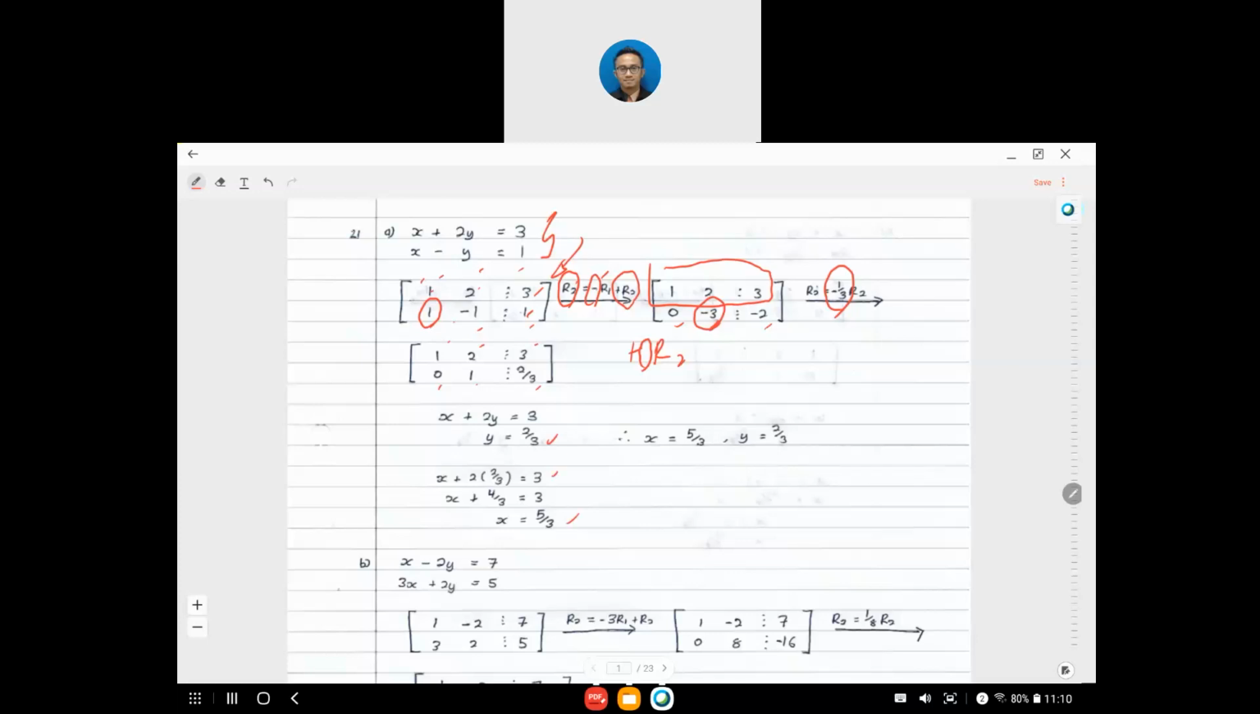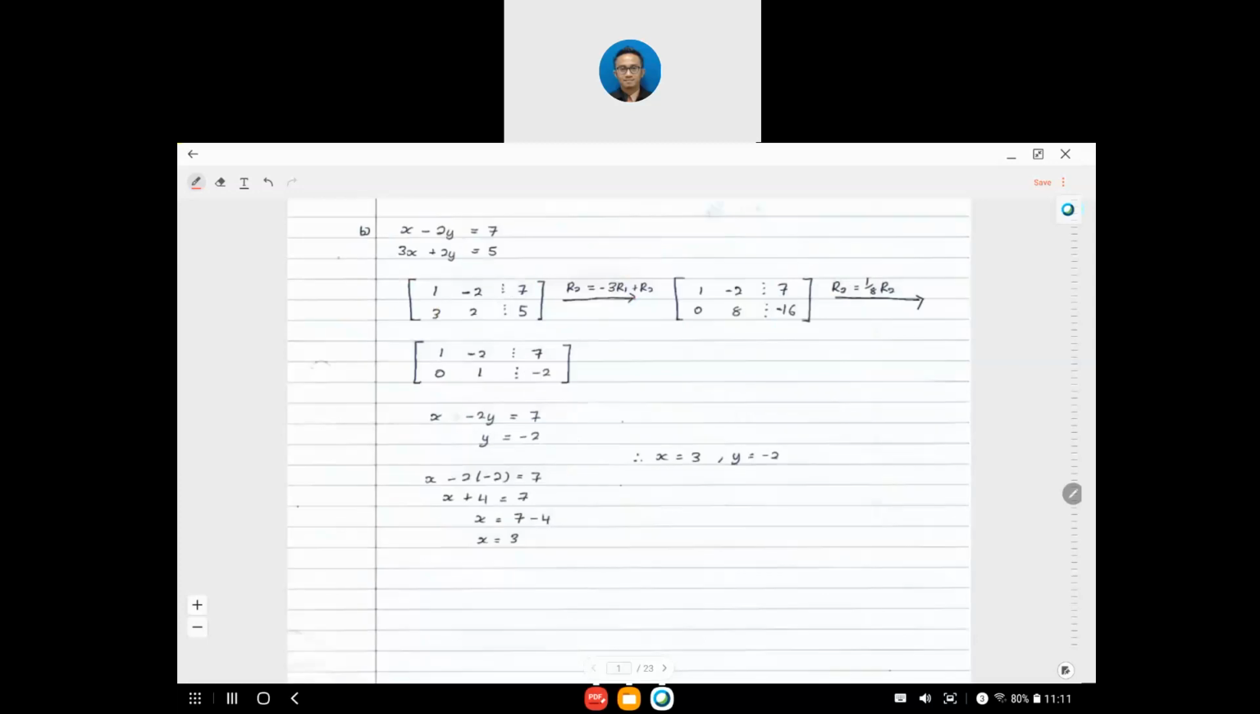Make sure you give the answer in terms of fraction because it is more accurate. Kalau tak boleh buat dalam fraction, kalau soalan tu memang dah bagi dalam decimal, bolehlah solve dalam decimal. Kalau soalan tu bagi dalam number of fraction, you must solve in terms of fraction. Okay, question B. You have the linear system which is x minus 2y equal to 7, 3x plus 2y